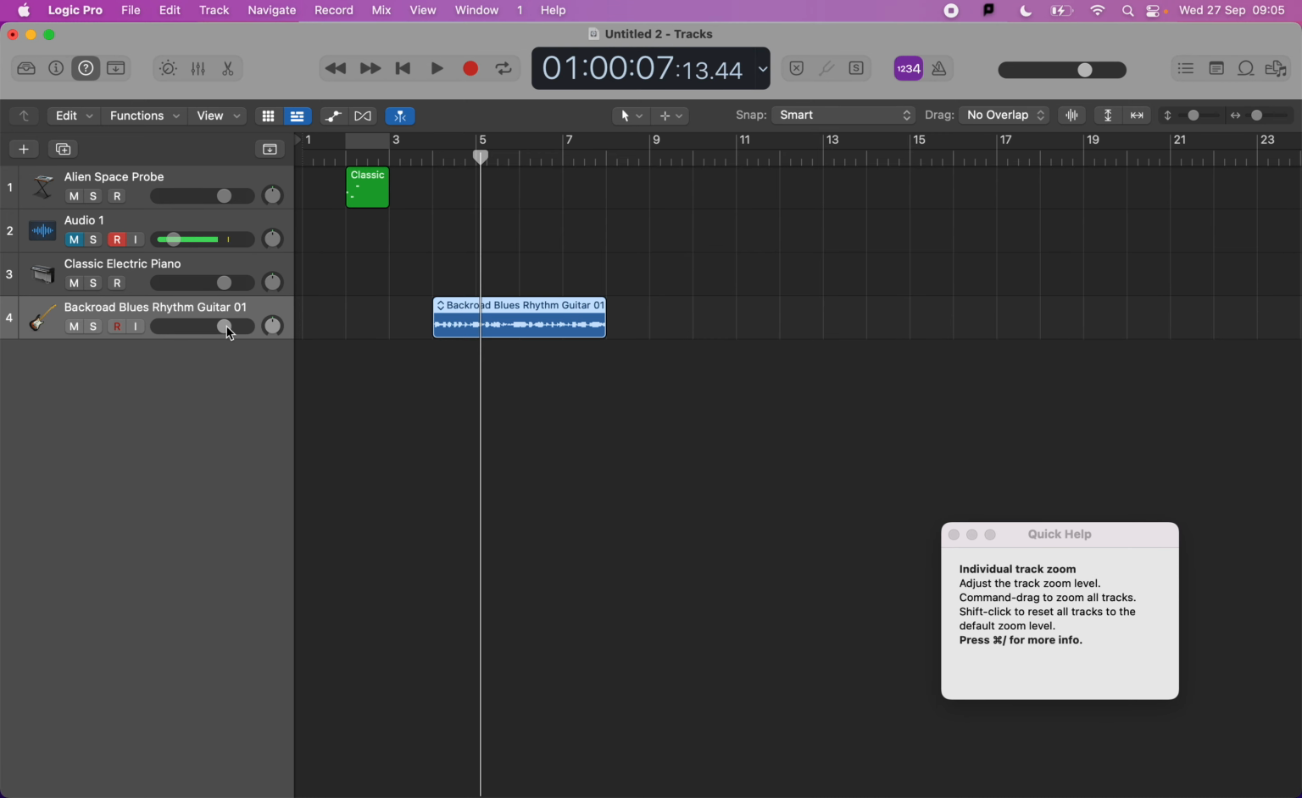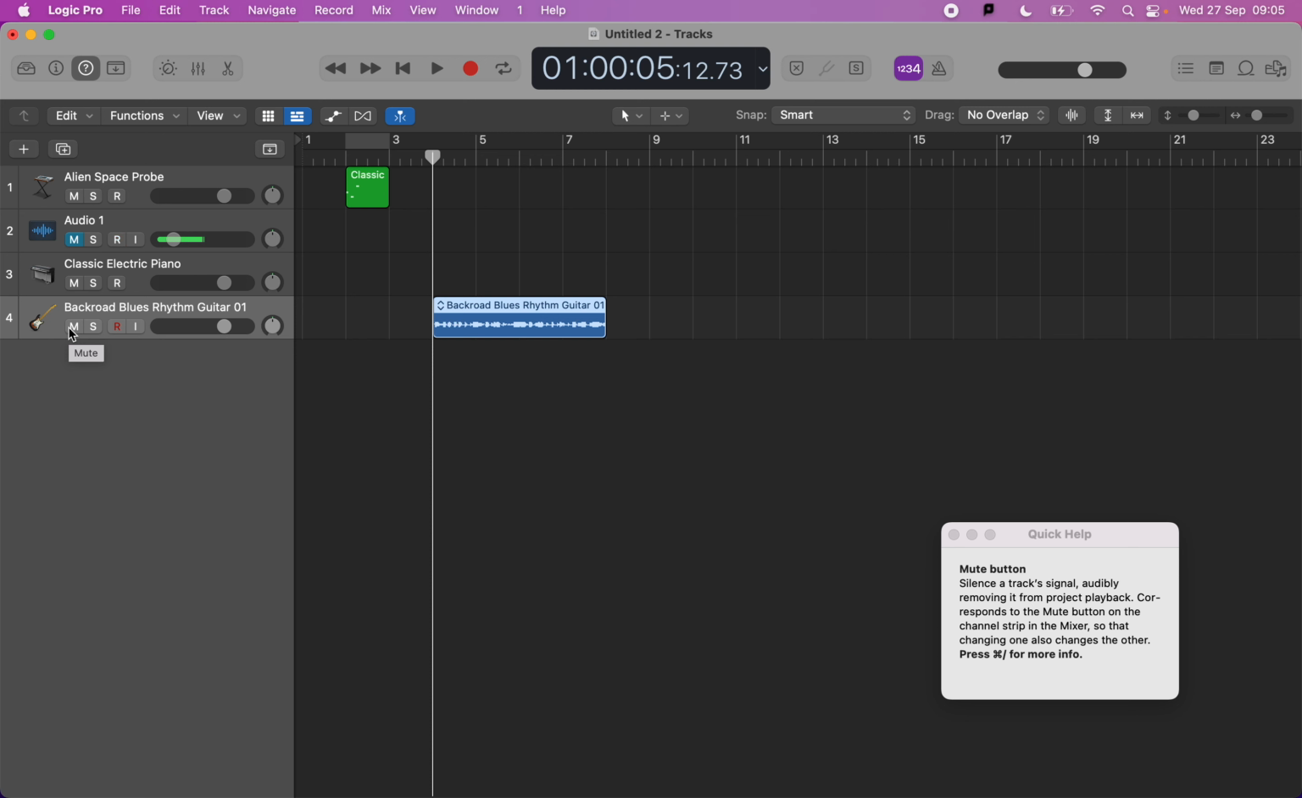The next buttons are found here. So we've got the mute button. What this does is it stops this track going any further, so it's not allowed to go anywhere else on the mixing desk. So we won't hear it. So for example,